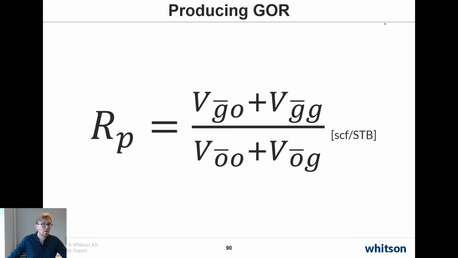The most generic way to represent that would be to include both of the phases, right? Or both of the reservoir phases. So if we have both a reservoir gas and a reservoir oil phase down in the reservoir, you have to both account for the surface volumes of gas from both the reservoir gas phase and the reservoir oil phase, and similarly account for the oil and condensate that is produced at surface as